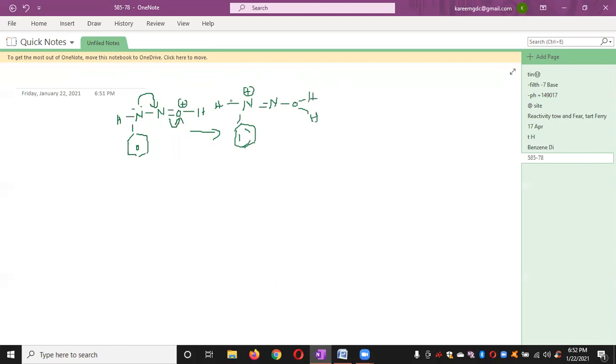So again here what happens? One of the H plus will be eliminated. So again there will be removal of an H plus ion. So at the same time,